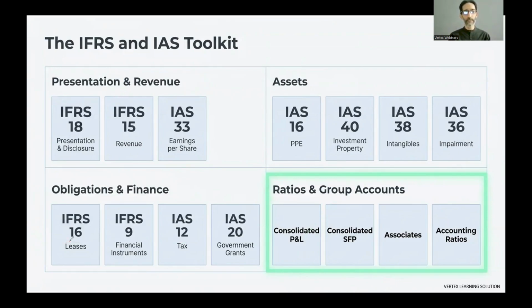So IFRS 16, IFRS 9, IAS 12, these are all major standards. If you look at IAS 33, these are the standards in which the examiner can really test a student. Okay, and we are going to provide you